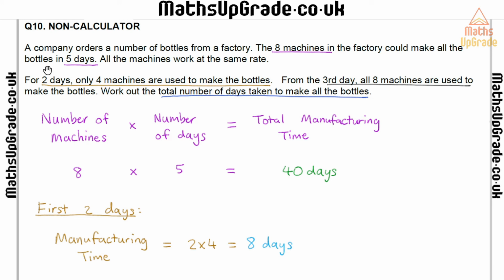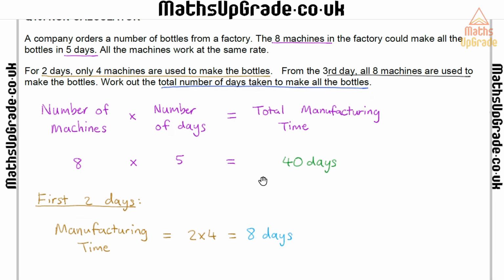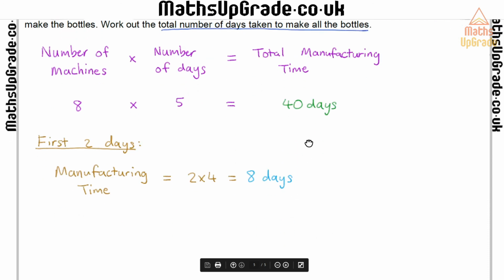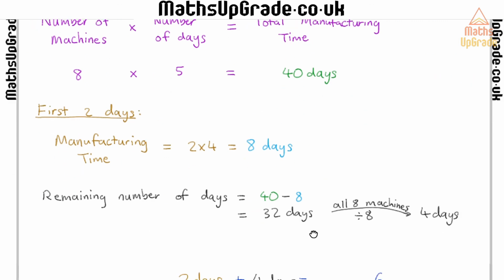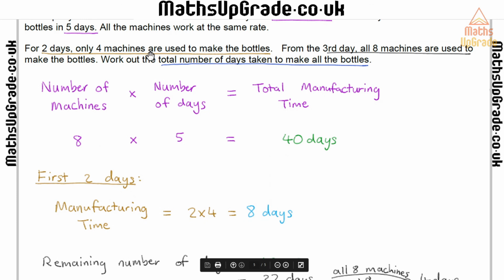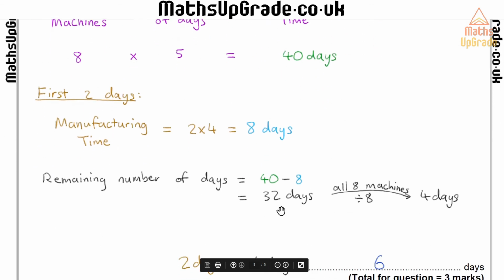So in the first 2 days, only 4 machines were used to make bottles. So 2 days times 4 machines means we had 8 machine days in the first 2 days. We've still got 32 machine days left. So if on the remaining days all 8 machines are used, we divide 32 by 8. That means 4 days of all the machines running will mean that the bottles are all